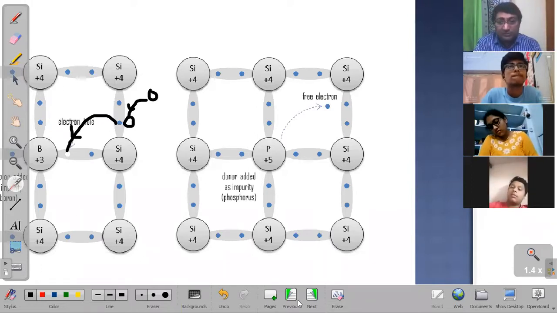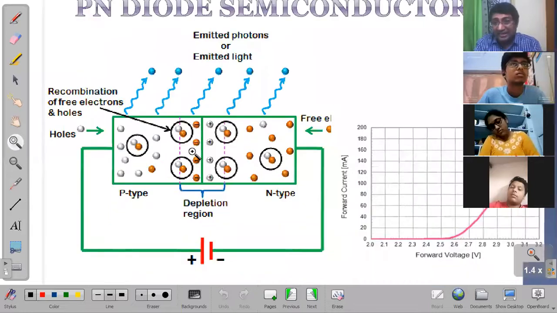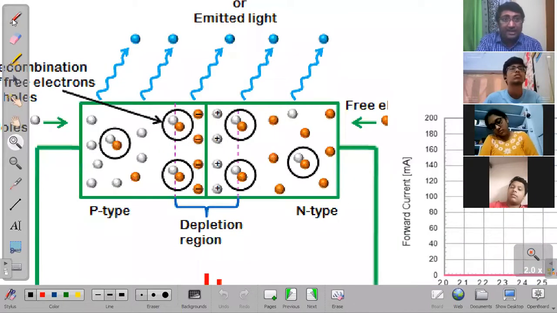Okay, so now let's move towards what's happening over here. Now when you combine this P-type semiconductor and N-type semiconductor, observe this particular structure over here. So that's an LED, a typical LED. You have a P-N junction diode. We call it a junction diode because di means 2. Two semiconductors, that's why it's called a diode, light emitting diode. Okay, if you have 3 of them, we call it a triode.